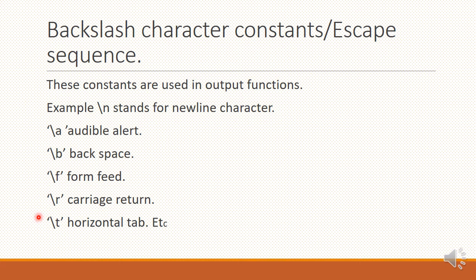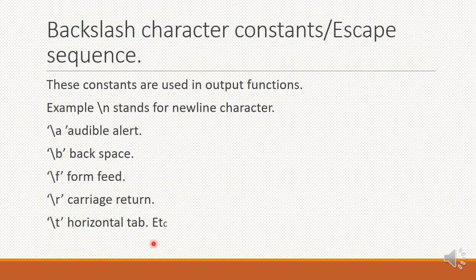Whenever you are doing the practicals, just put all of these and see what happens in the output. Backslash characters are used in the output functions. In that, this is new line character, this is audible alert, this is backspace, this is form feed, carriage return,